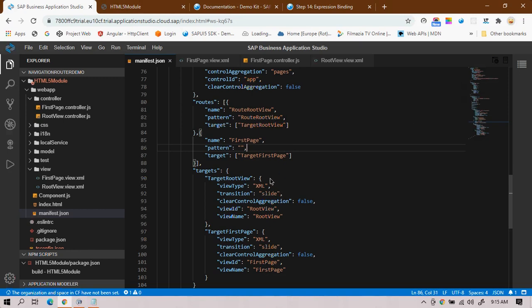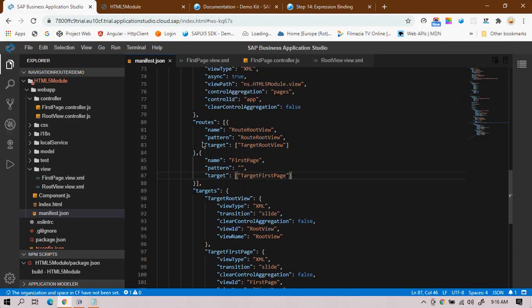At the time of running, the first page that would be displayed is the first page only. That's it. Whatever the page name would be, that page will be executed first, not others. So that's why when you identify in a manifest.json file that the pattern is empty, that page will be executed first.